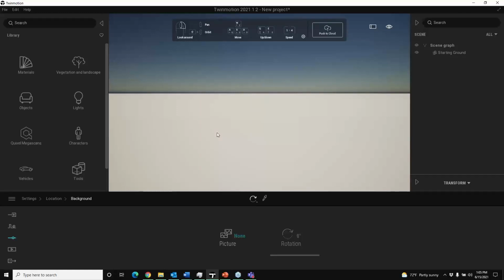So there are really two main things that we can store. We can store materials, so just any type of material that you can configure, and you can store 3D assets with materials and with lights assigned to them, which is great. So with that, I've set up a little bit of a sample here to start with. For people that have used Twinmotion in the past, you automatically have access to the Quixel Megascans online repository of 3D assets and materials. So what I did here is I downloaded